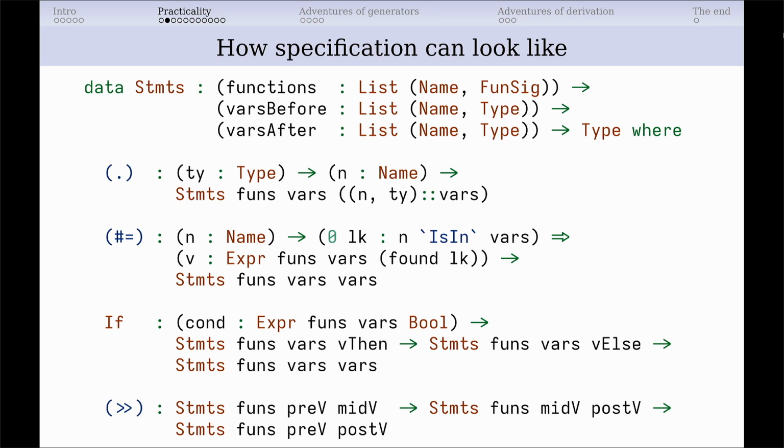Specification can look like this. For instance, there is a list of statements type with some context. You can see that there is a function context, variables context, and since it's a point in the middle, there are variables before and after. We declare some new variable, and we extend the context. And for instance, there is an assignment. This is a primitive imperative language. So there is an assignment, and you can see that